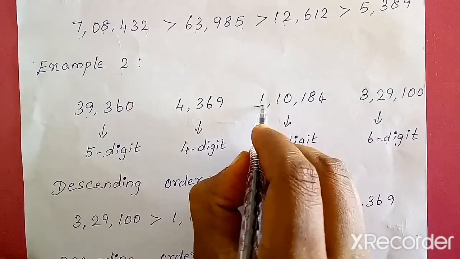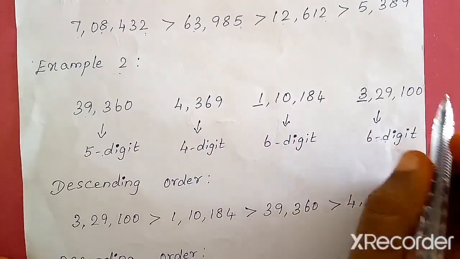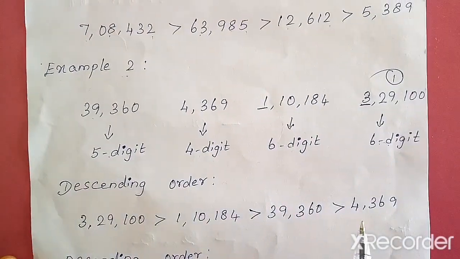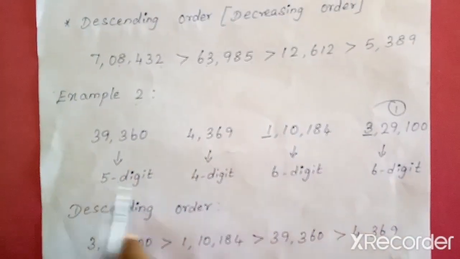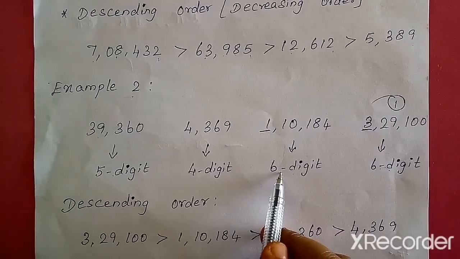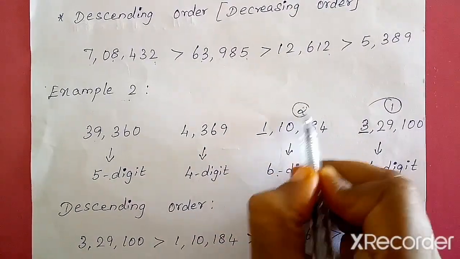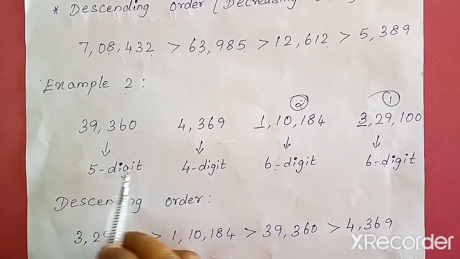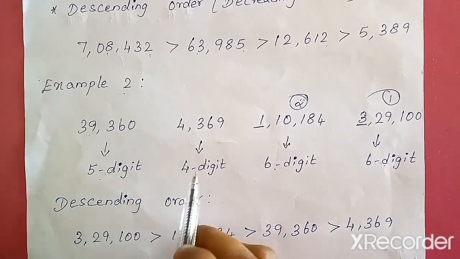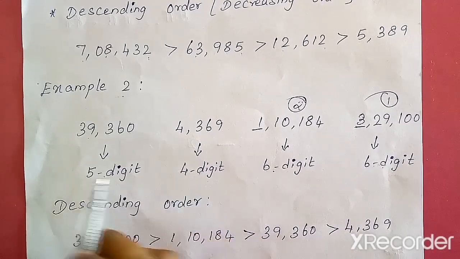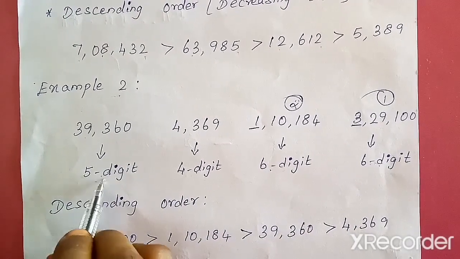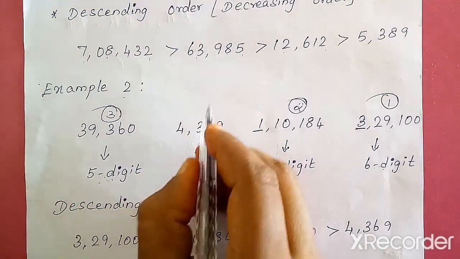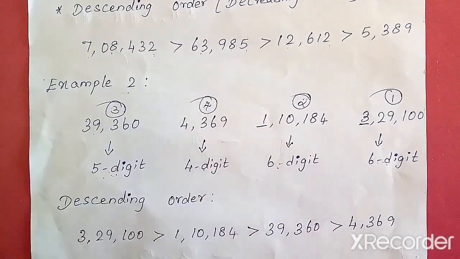So in the lakhs place here I have 1 and here I have 3. So we can say that 3 is bigger. So this will be my first bigger number. And when you take the other, here a 6-digit number already we have. So we can confirm this will be my second number. Then next when you consider, you have the left out 2 numbers. One is a 5-digit number, another one is a 4-digit number. So what do you think, what will come first? Yeah, the 5-digit number will be the third bigger number we can say. And at last of course, this will be the last number.